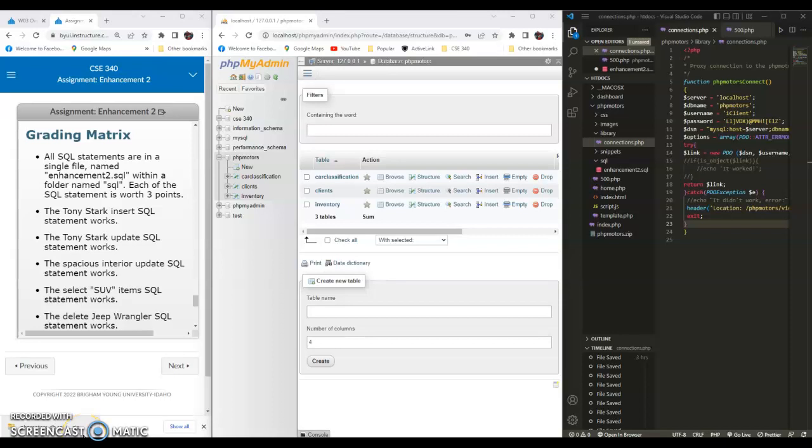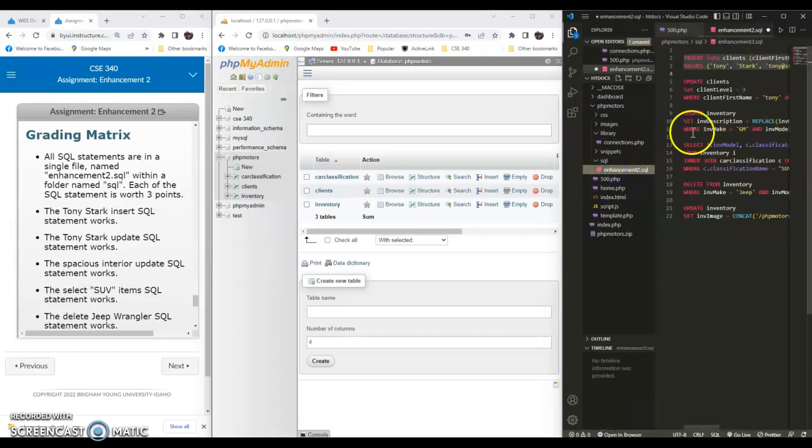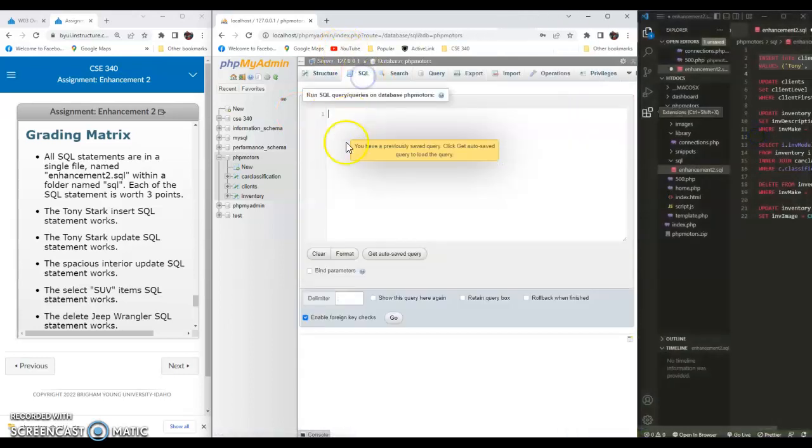All right, so this is my enhancement to SQL, and the first thing I'm going to show is that I do have a folder with the enhancement to SQL, and I have the Tony Stark. Let me go ahead and show you again. So I have that. And let me make this a little bit bigger so I can get into the SQL and go ahead and paste that in